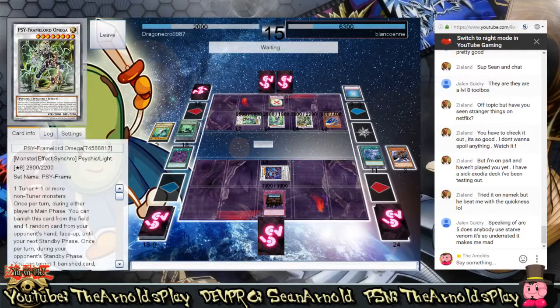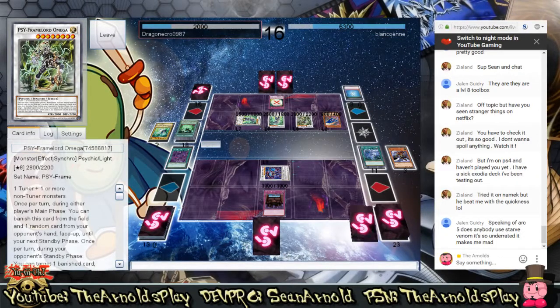I have a 6 Exodia deck I've been testing out. Interesting. Tried it on Namek, but he beat me with the quickness. LOL. You know, if it's you, I will play your Exodia deck. Just tell me that you're Zealand before we duel, because I usually hate playing Exodia decks, just because they're usually